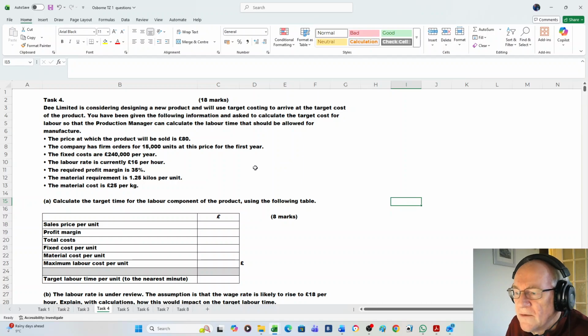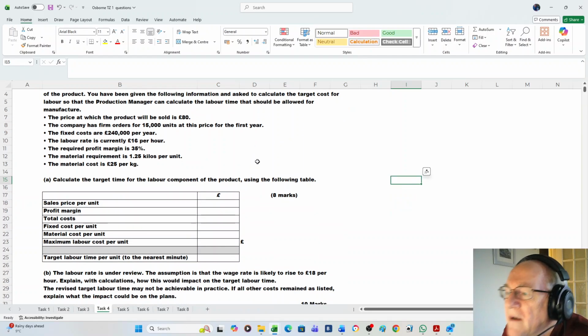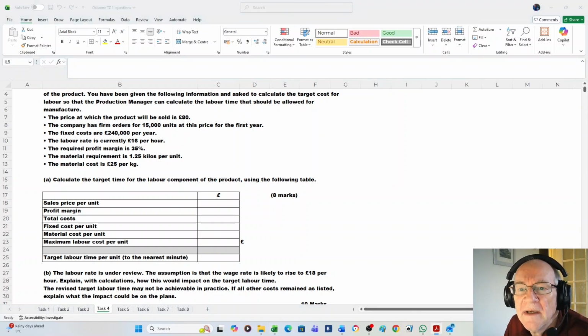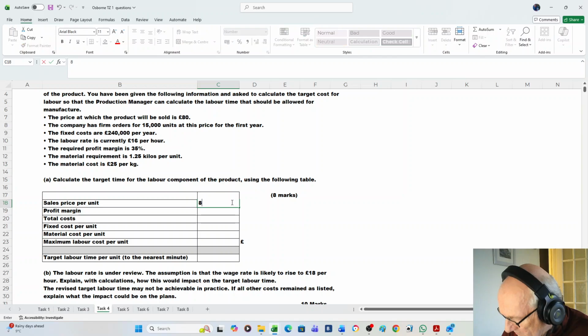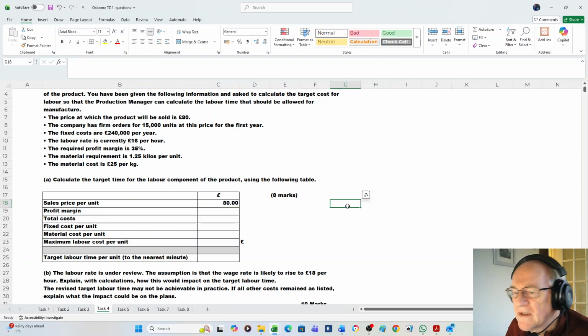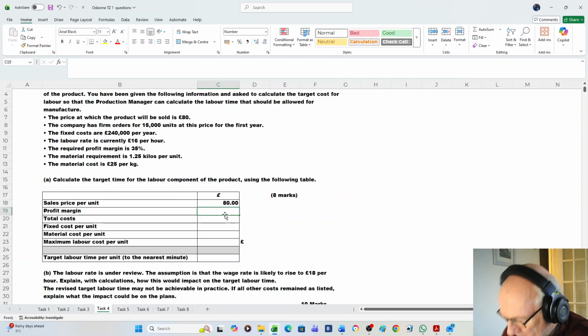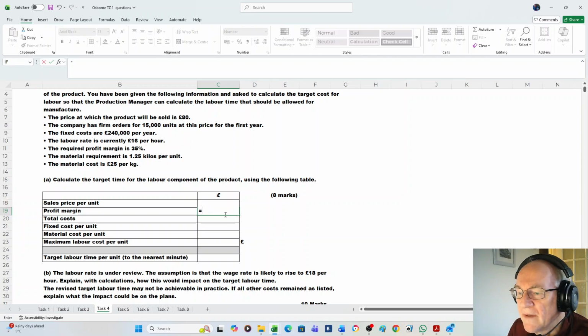So products sold is £80, there's 80 marks here. Slight variations in the way this one can be calculated. Nothing massively different, I'll show us a couple of variations, but that one we don't need to worry about. We've actually given that one the selling price per unit. Don't know why they couldn't put that one in for you, but oh well. Anyway, the profit margin